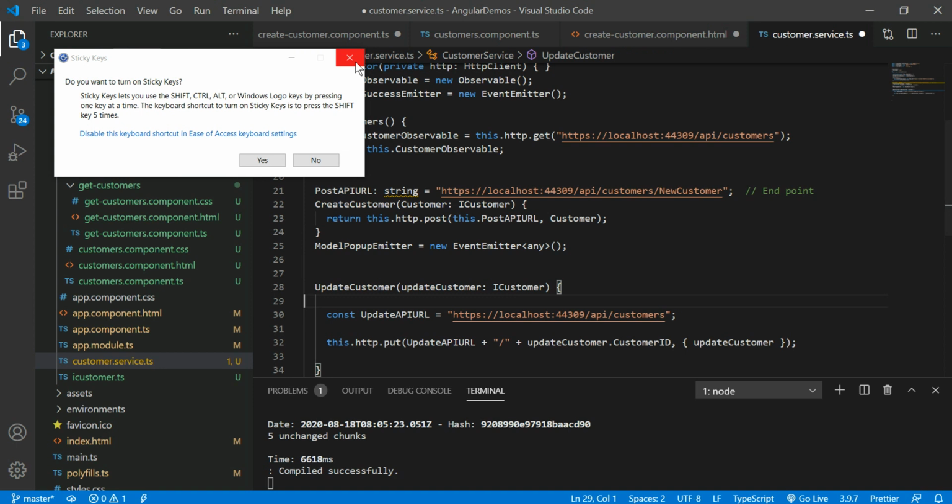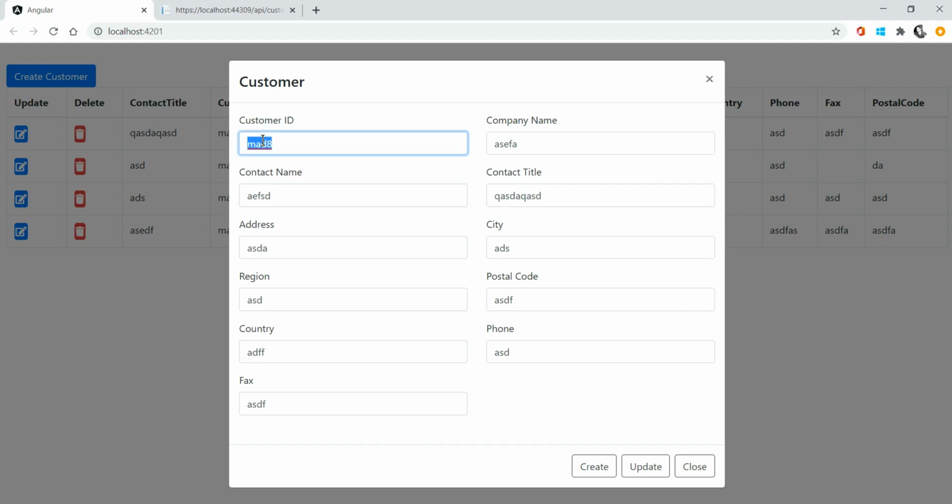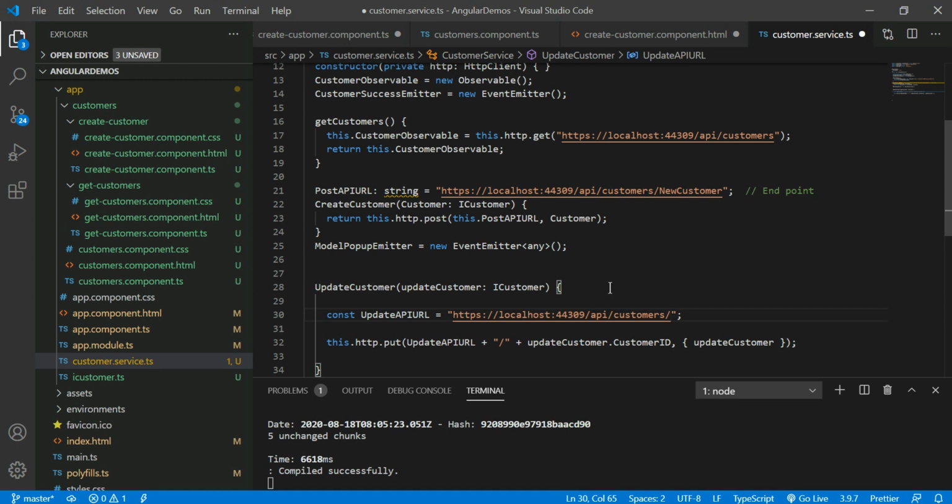So this is the URL, and I have to pass the URL in this format. I need to pass the customer ID, and I am taking that customer ID value from here. In this way, I need to pass it to the web server in this format.